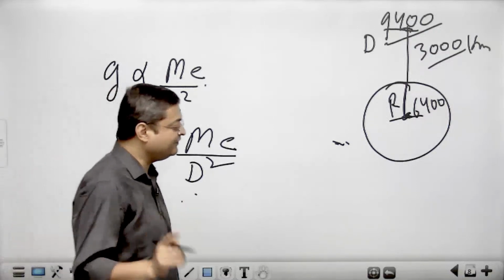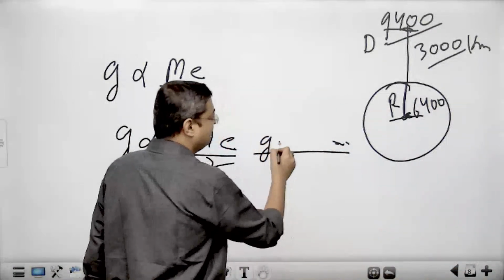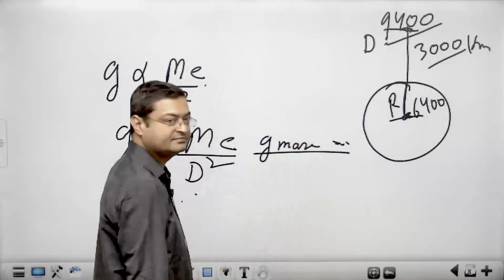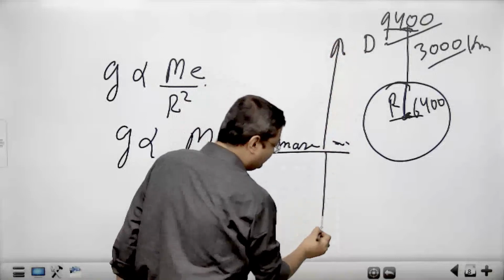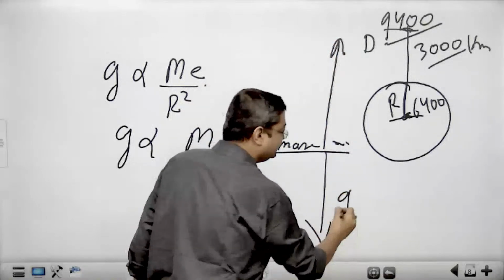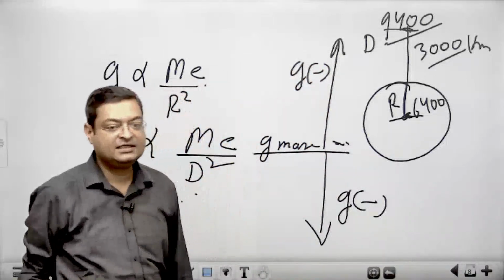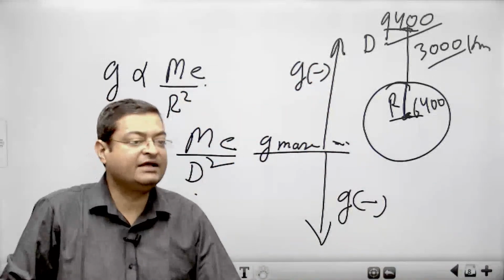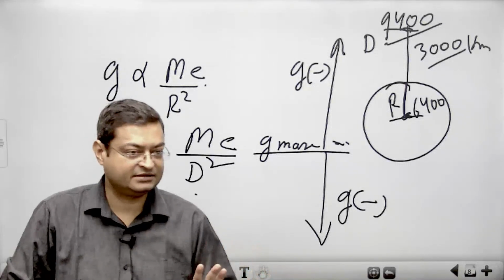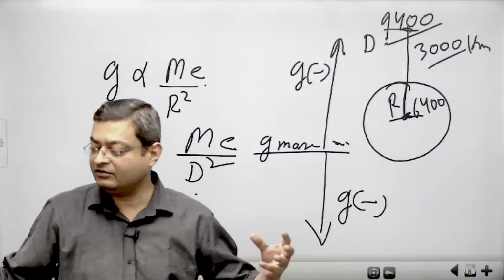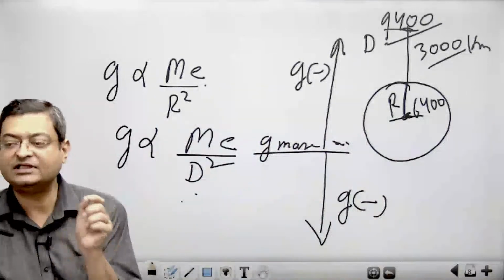Always remember first thing. G is maximum at surface. If you increase the height or you go towards the interior, G is always going to decrease. But remember, G can never be zero. That is a myth. Even if you bring two nuclei together, there will be some distance between the centers.